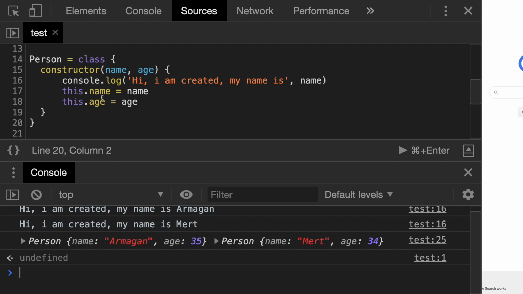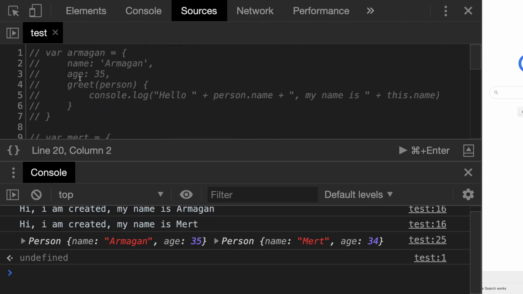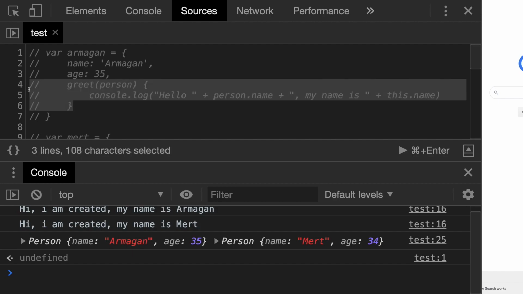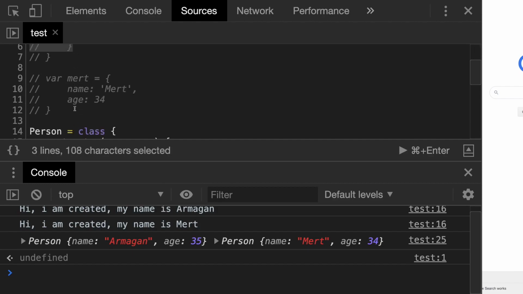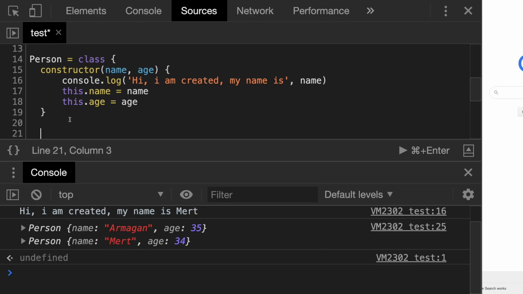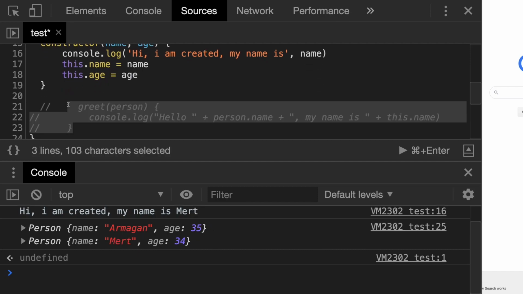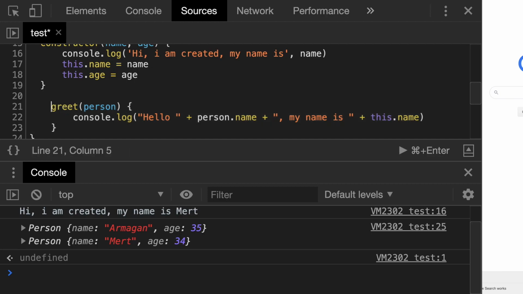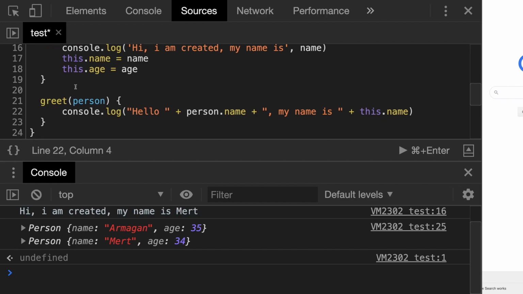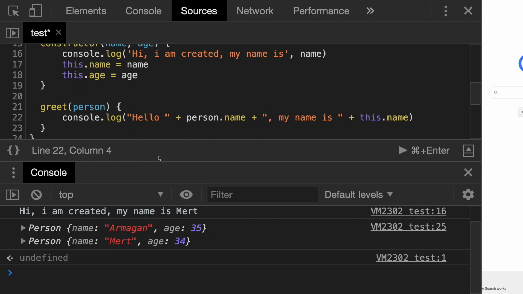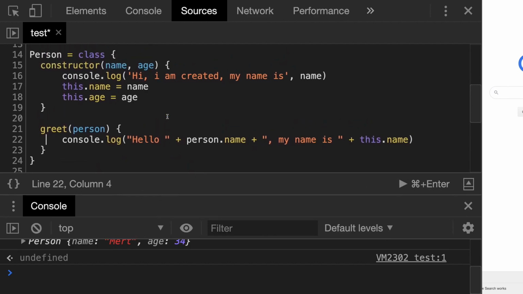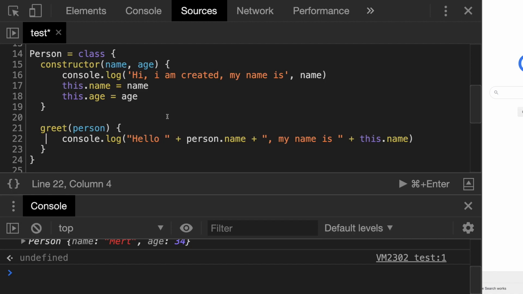Okay, now the next thing I'm going to do is go back to my original code of this greet function. I will copy and paste it to the person class. Remove the slashes, make it look better. This is what the person class is right now. I just copied and pasted the function. Copy paste is maybe the only thing that every single programmer